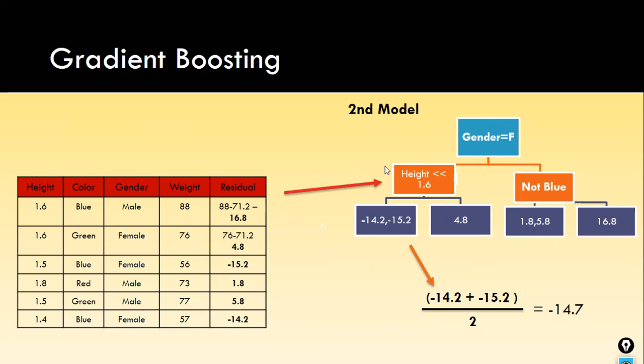The left side of the root node is true, and the right side is false. Similarly, for each decision node, we need to look at the true on this side, and the predicted values for the false will appear on the right side. And if you look at this, gender is female and height is less than 1.6. We could see that for female there are